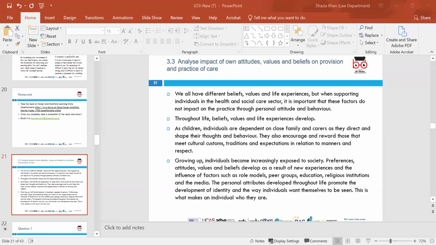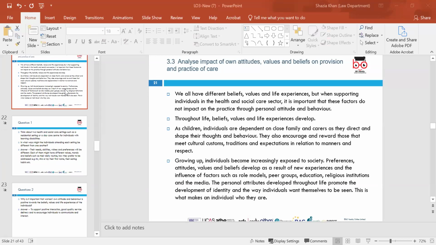Why do you think values and attitudes and beliefs are so important within the health and social care profession? Anyone, why do you think, should we all have the same values, beliefs, and experiences? Faustina, do you have the same values and beliefs and attitudes as me?